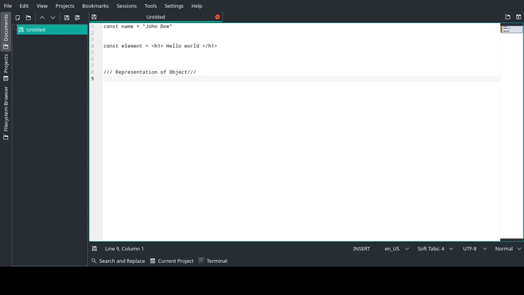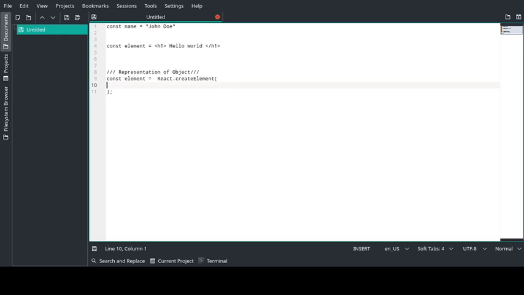It will create something like const element equal to React.createElement. It will pass all the values that we had used in the above expression, line number 4. Since we have mentioned it as an h1 tag, it will pass h1.